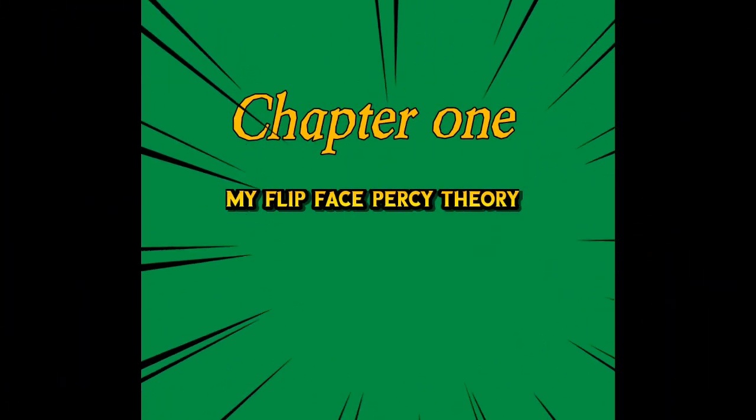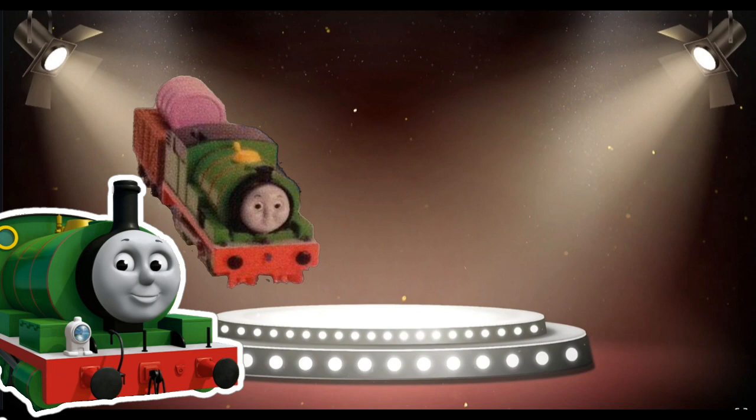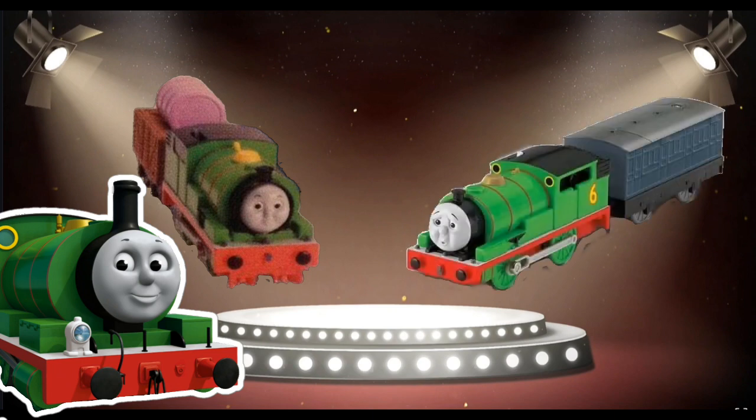Chapter 1. My Flip-Faced Percy Theory. Here is the Flip-Faced Percy. Here is the RC Percy. Take a look, people. What I see here is that they've got the same similar style of stripes, and the